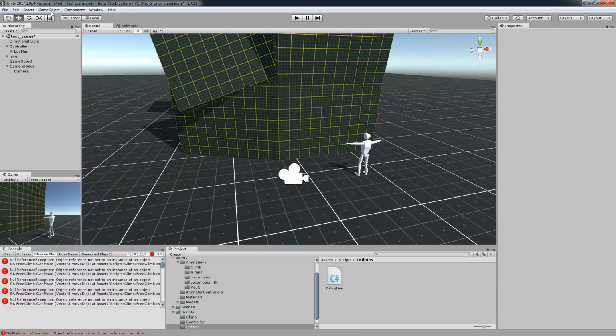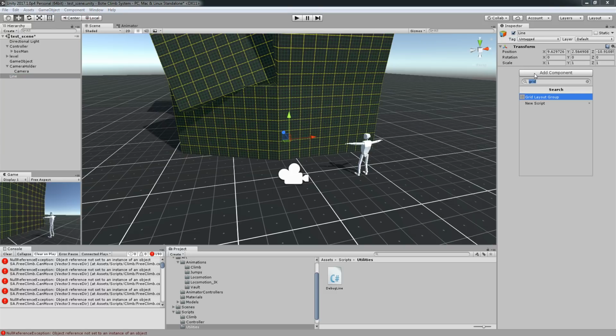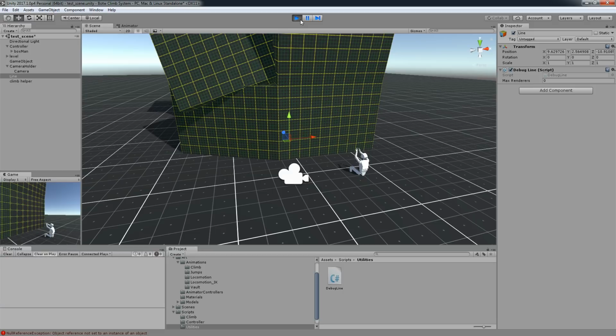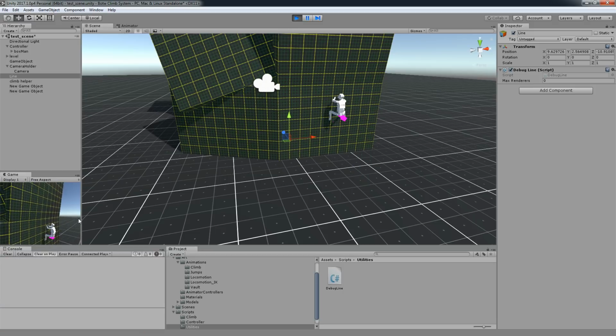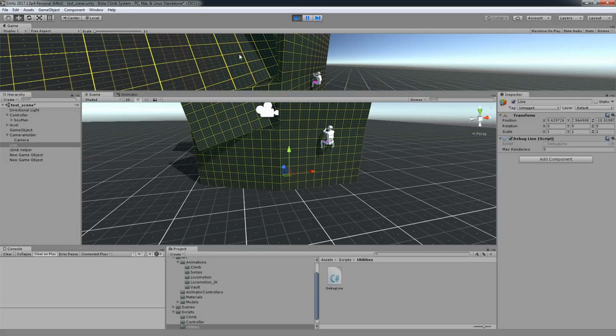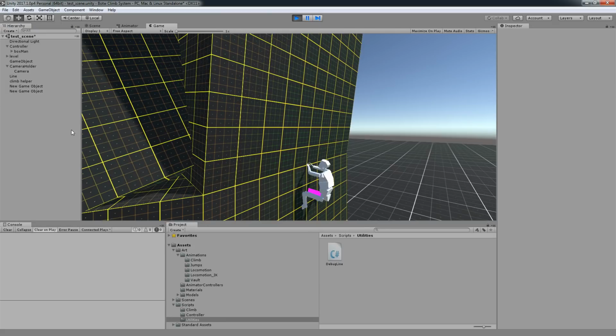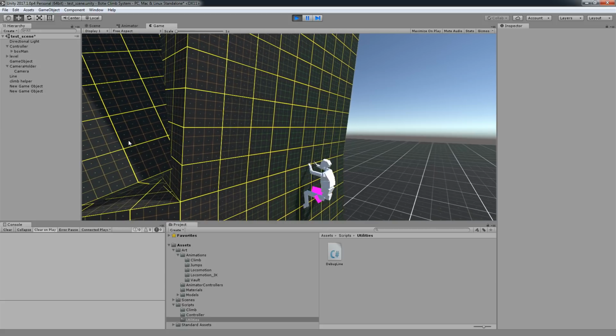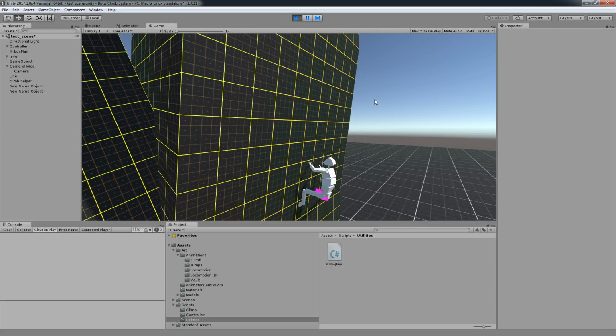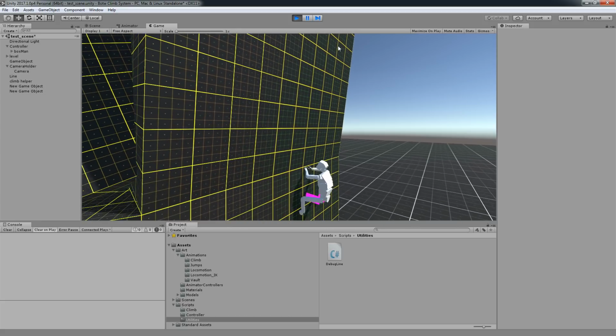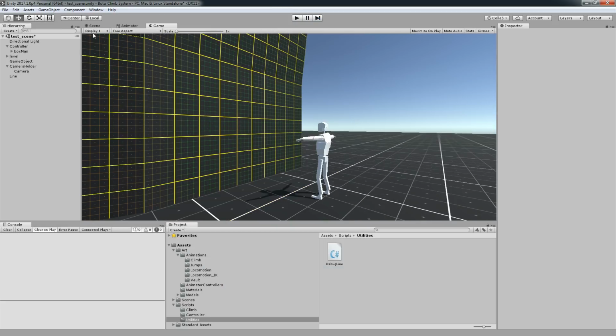And yeah, okay, we now have the debug right in the editor, right in the game scene. And we can also move around the camera.